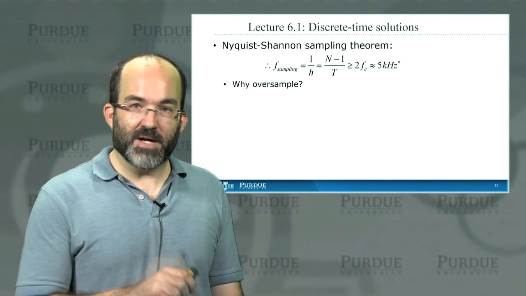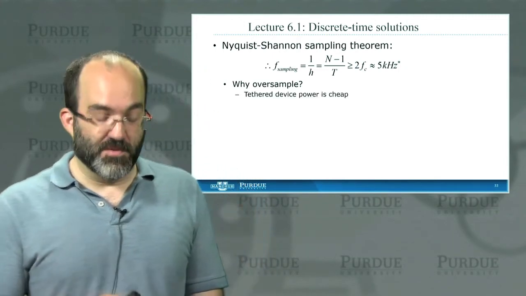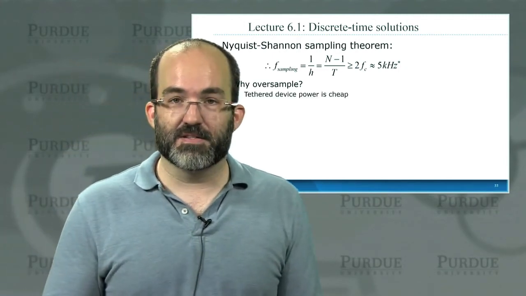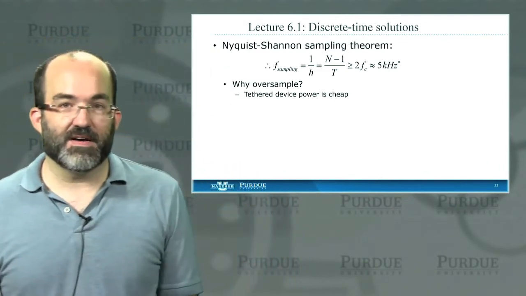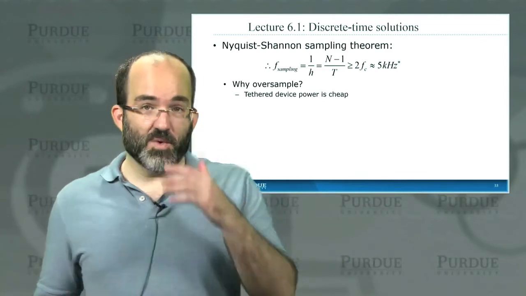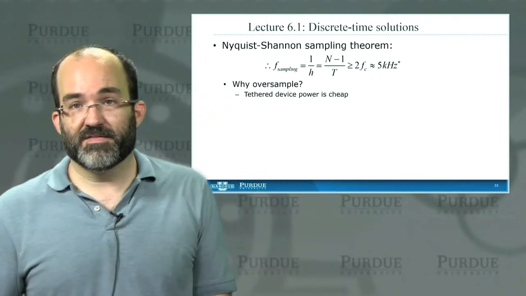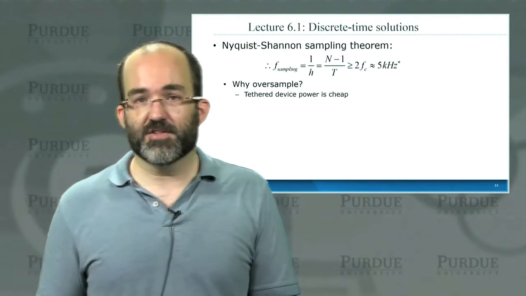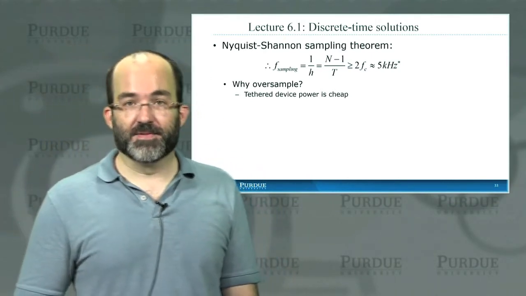But in bioelectricity, why do we oversample? So you oversample in many cases because there's no cost to not oversampling. So if you need to sample at least 5 kilohertz, but your system is plugged into the wall and power is free, you're just drawing it from the grid, then why not sample at 50 kilohertz and just make sure you have everything just right? Because it's free. That's one reason to do it. It's not a very good reason, but it's a common reason.